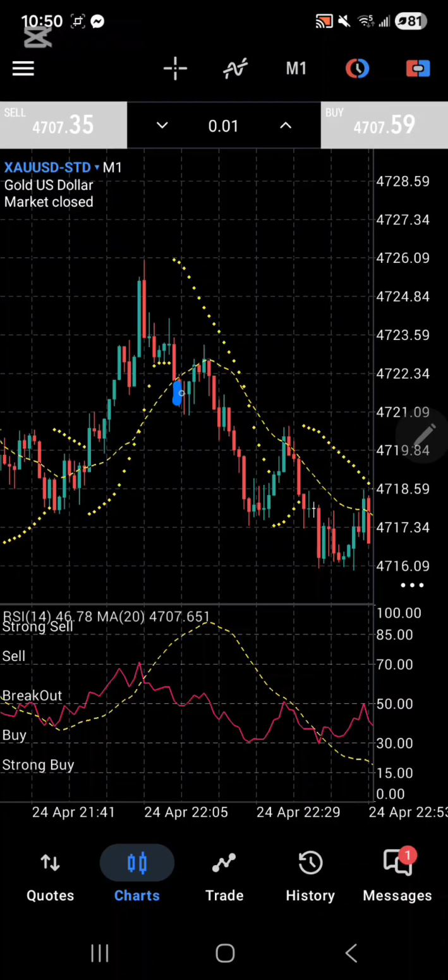If that closes below the moving average line, then next I look for the parabolic SAR to show up on the upper part of the candlestick. That's the second indicator for me. And then I look at the RSI. If the RSI is facing down, going down like this, that's three confirmations for me to enter a sell position.